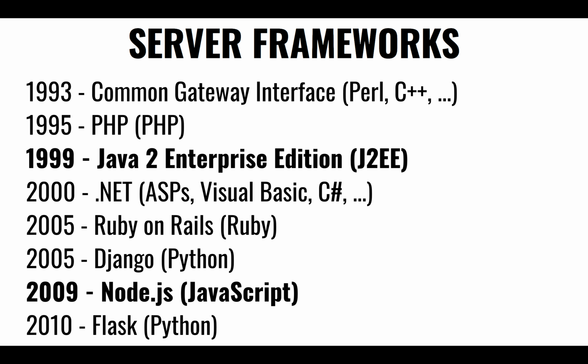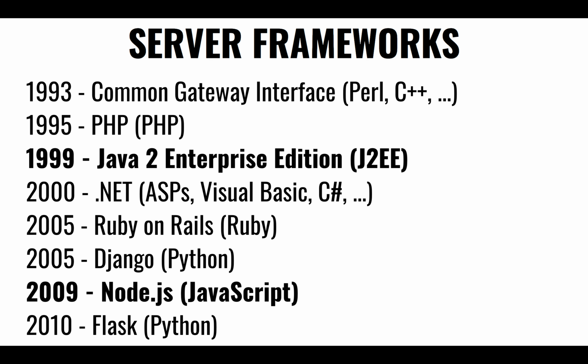Some frameworks that are of interest. Early on, in the early 90s, there was the ability to execute code that was running on some other server, right? So we wanted to be able to somehow, as a URL, refer to code that was executing on some remote server. The Common Gateway Interface was the first example of that, and Perl and C++ allow you to create these small scripts that run on the server, but I can invoke from a browser. PHP built on that same idea.